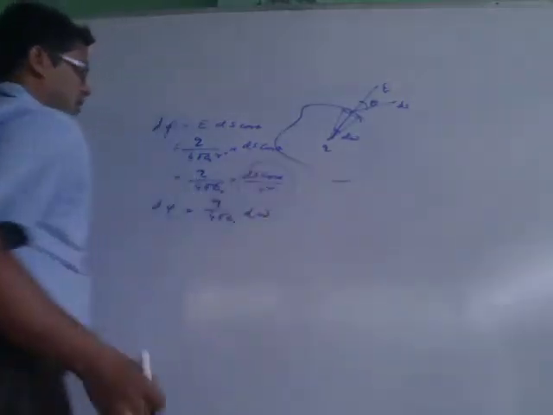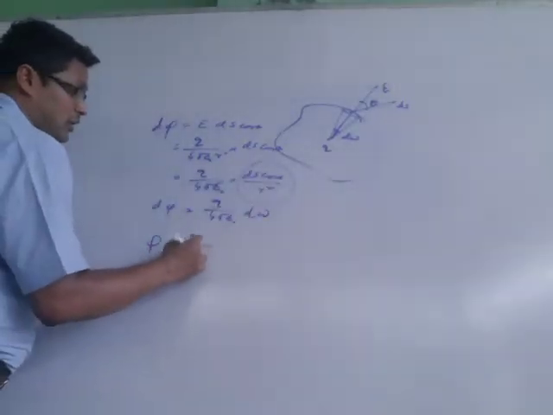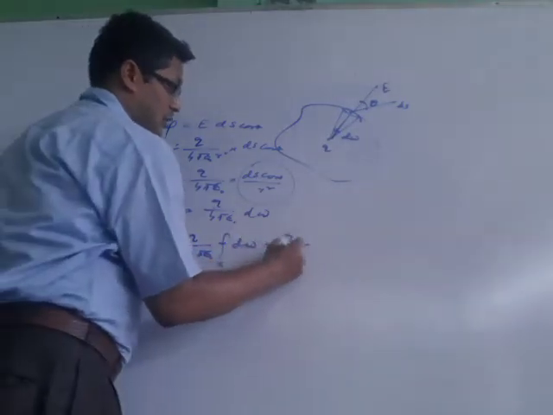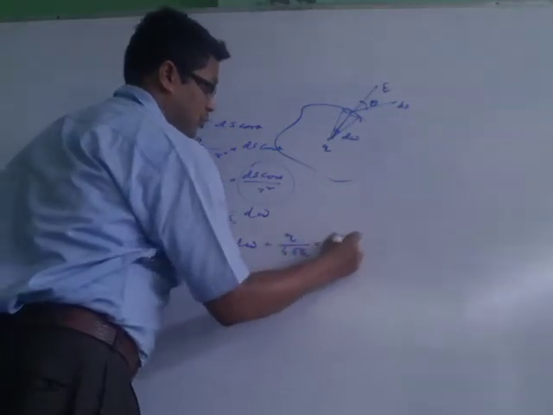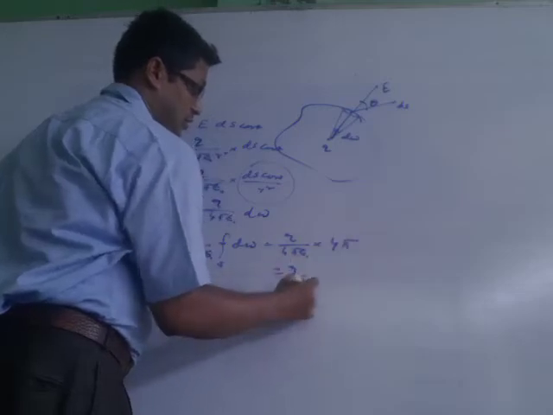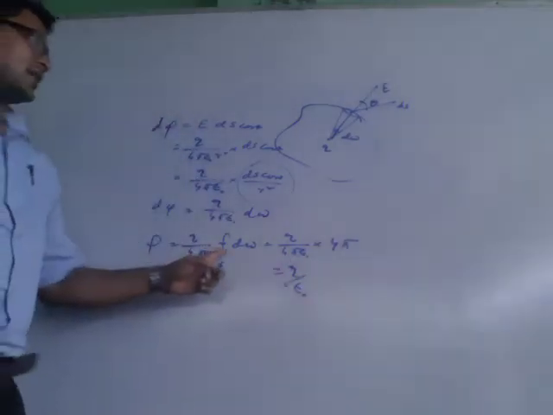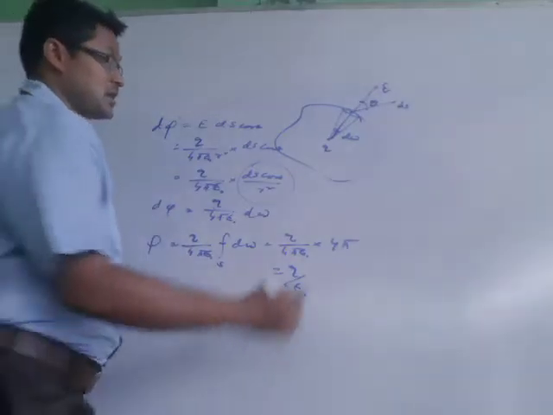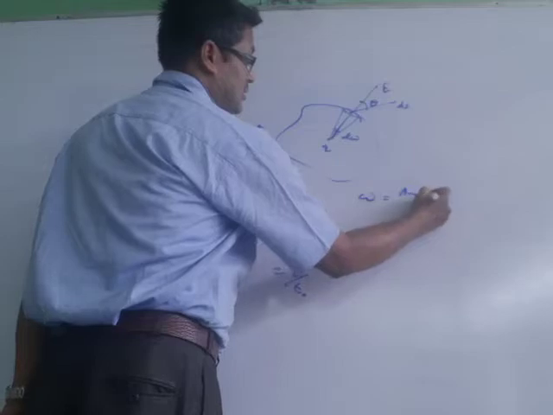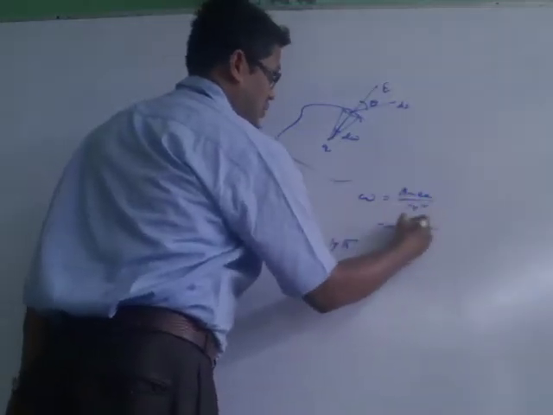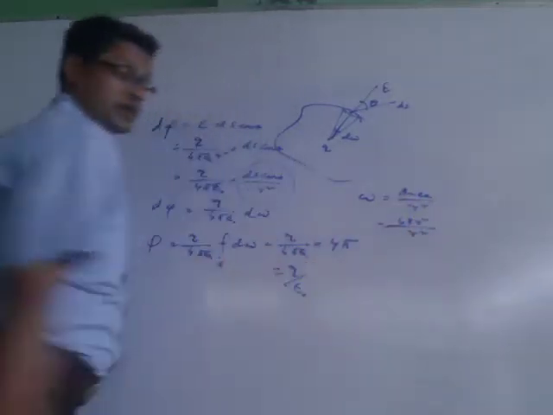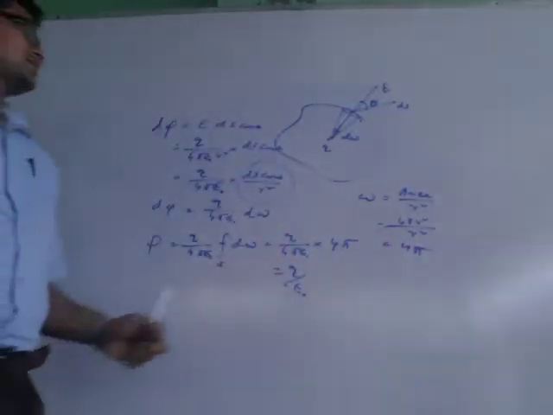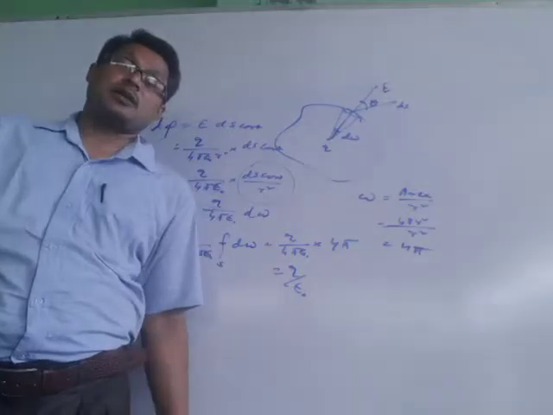This is the solid angle d omega. Then phi equal to Q by 4 pi epsilon naught surface integration d omega, that is Q by 4 pi epsilon naught into 4 pi, that is Q by epsilon naught. So any closed surface, the total amount of solid angles will be 4 pi. How is it coming? See, omega equal to area by R square. Area means 4 pi R square by R square. So here it will be 4 pi. So total solid angle will always be 4 pi.